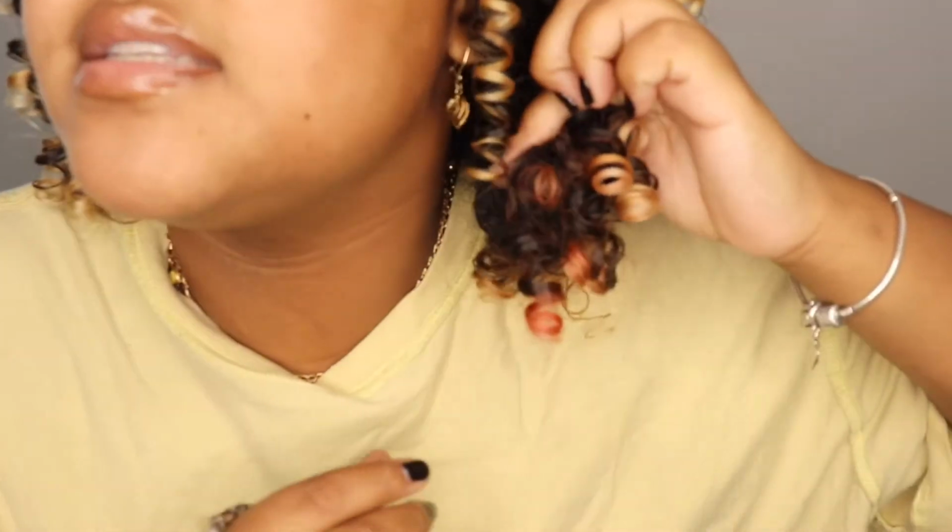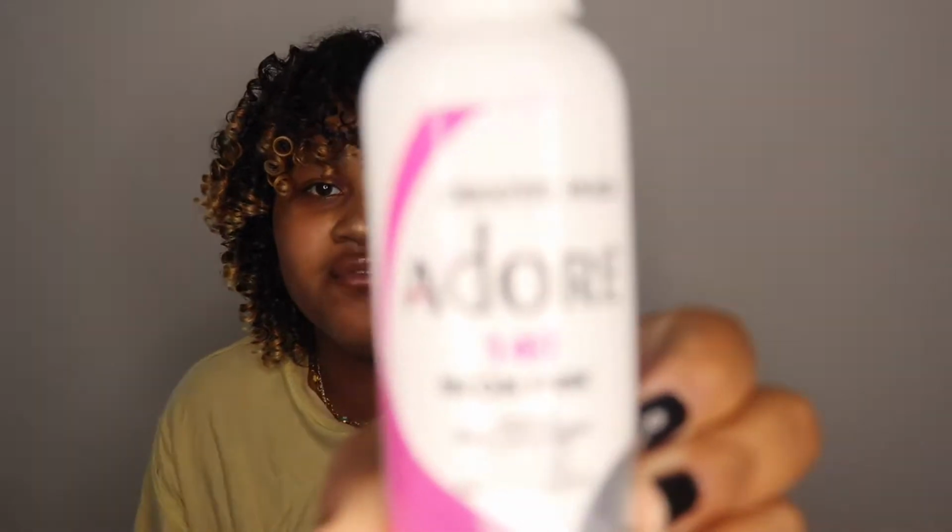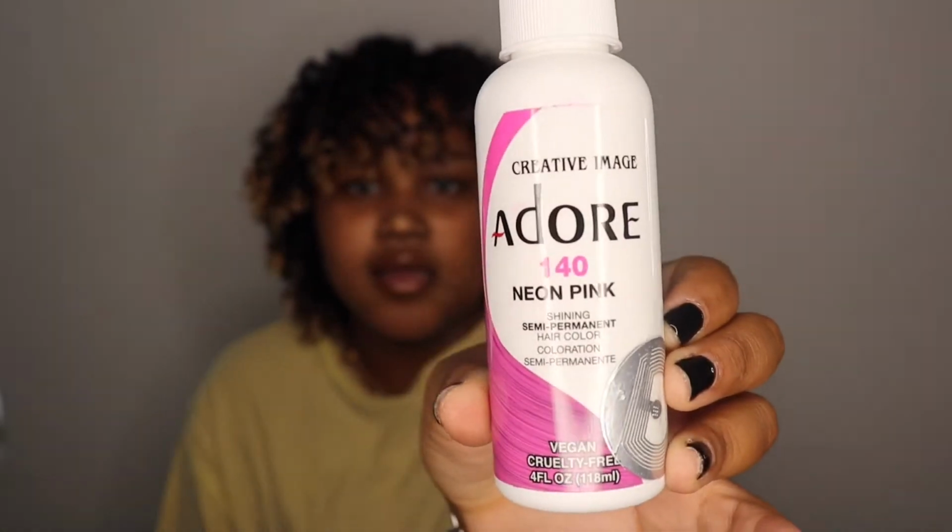So I've done a tester strand a couple weeks ago. I don't know, can you guys even see that? But you can see it, a little tester strand right here. Ish. Strands, maybe. It was probably like clumped together. So okay, the strand that I did that with the Adore 140 in neon pink, and I'll make sure to